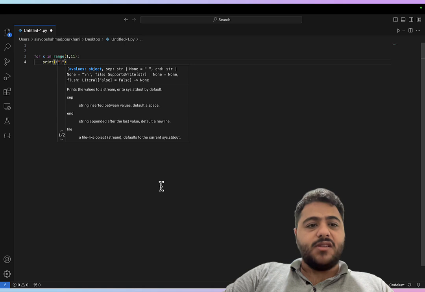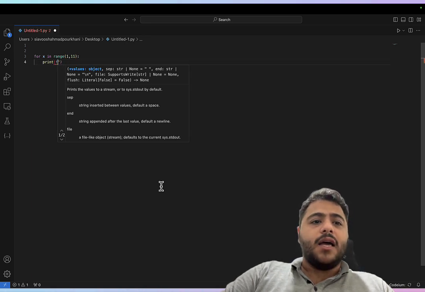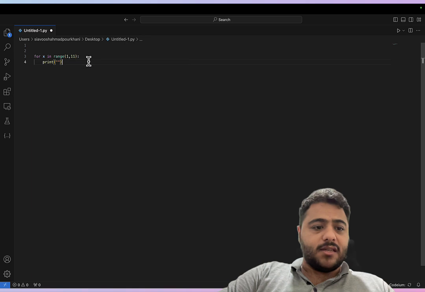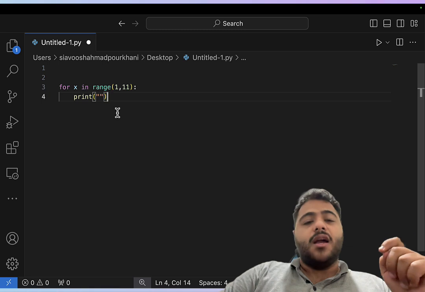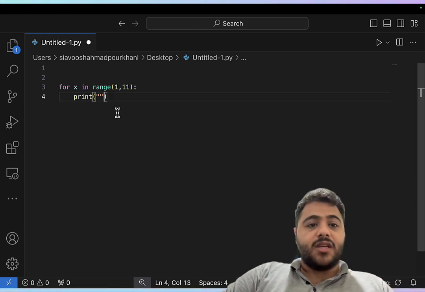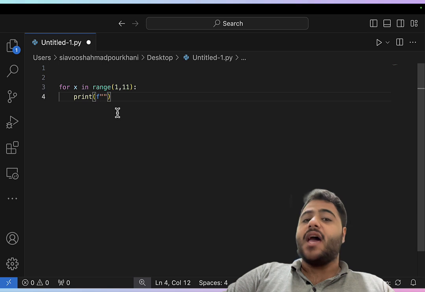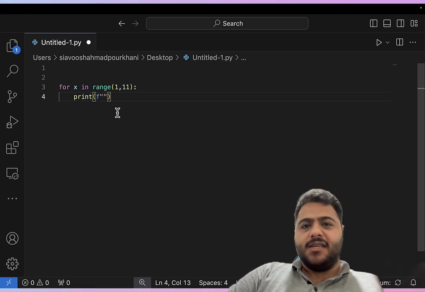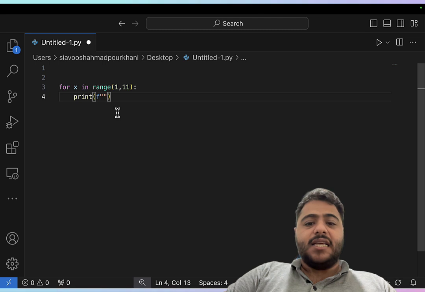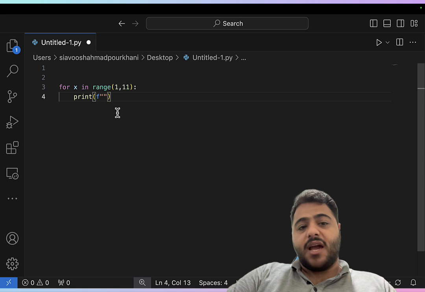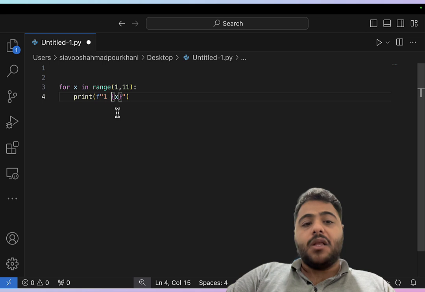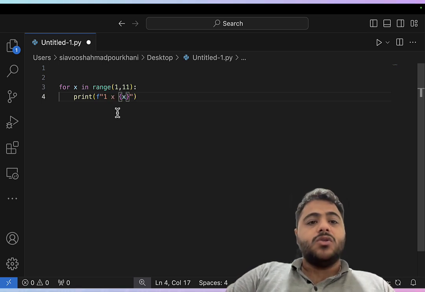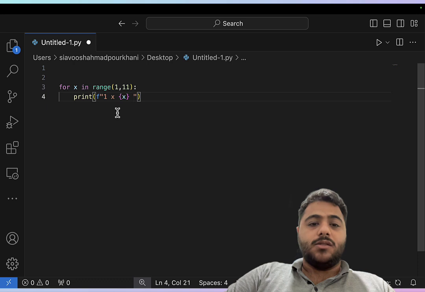1. Let's use an f-string. Let me zoom in a bit. This double quotation is a sign for a string. So if we want to format it, we say f-string, which is formattable. It's an abbreviation, and it lets you use variables inside this string, so you don't have to concatenate anything. You can just say the variable x, or maybe the number 1, whatever you want. So 1 times x equals to